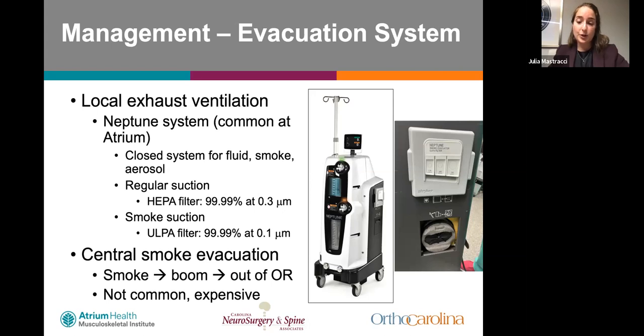From what I've learned talking with staff and OR personnel at Atrium, central smoke evacuation is not common. It's not present at Mercy or at Maine. It's very expensive. It's something that's only done in like brand new operating rooms. And basically what it does is it takes the smoke, it goes into something like the boom, usually the boom, and then gets completely pumped out of the operating room. So what we're using mostly here at Atrium, at least at Mercy and Maine, are these local exhaust ventilation systems,